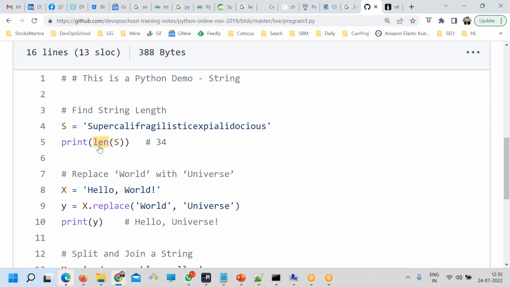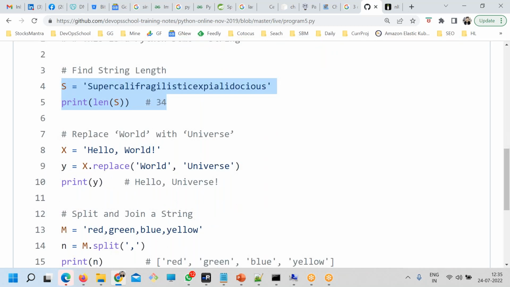Here is the function: len is a built-in function which displays the length of the string, each character. Here you are replacing world with universe. So there's hello world, and replace is one function. There are a few functions for strings, a few for integers, a few for lists, a few for dictionaries, like that built-in functions.